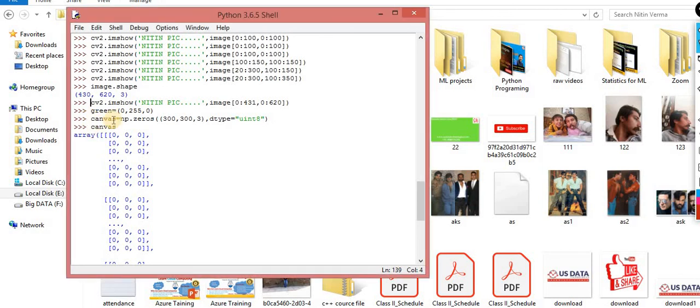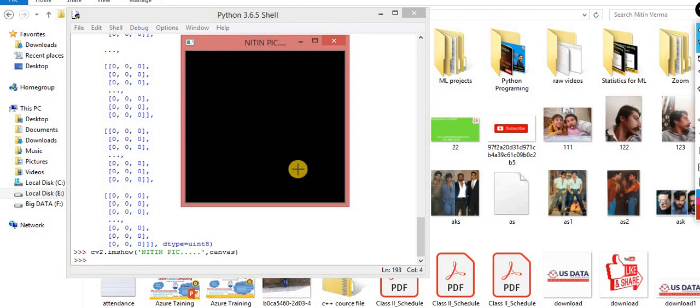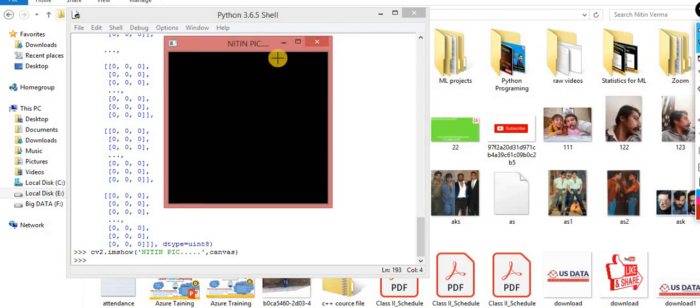Let me try whether it works or not. It should work because this is the array. So canvas, now you can check, the entire value is filled with 0. The 0 means black. I think I said 0 for white earlier, sorry for that. Keep this point in mind: entire 0 is black.